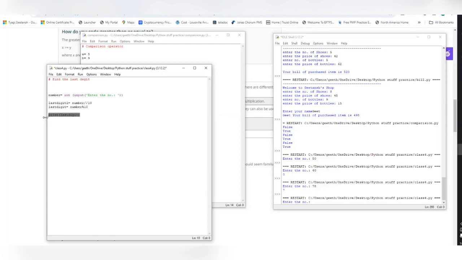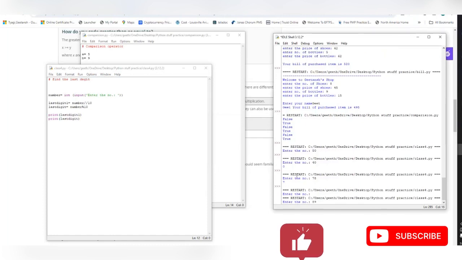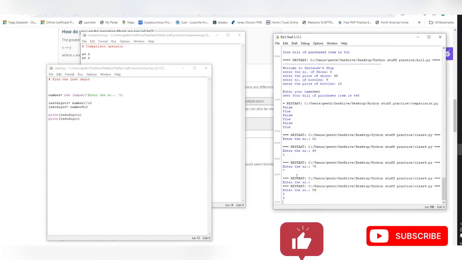Last digit 1, and change this thing. So see. Correct? Easy? Okay. Now let's